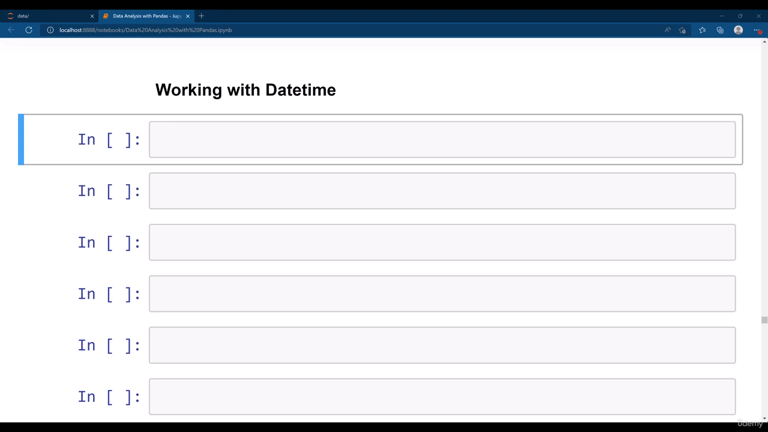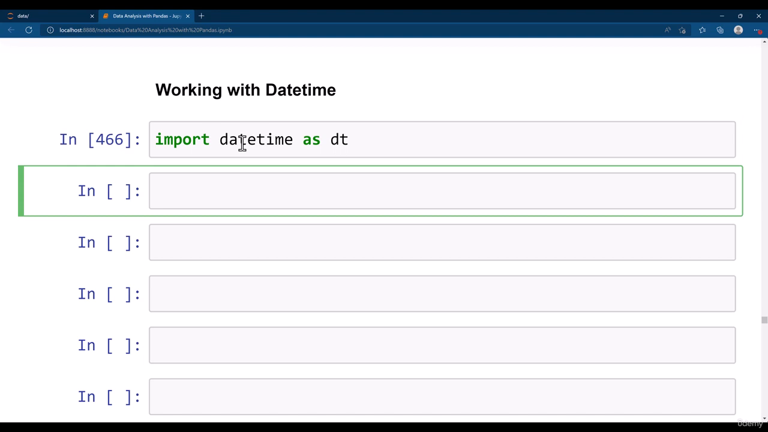Hi everyone, let's go ahead and see how you can start working with the date time in Pandas data frame. So first of all, we need to import date time, and then we will see how you can convert this date time as a Pandas date time data object. So you can import date time as import date time as dt. Then you can refer here